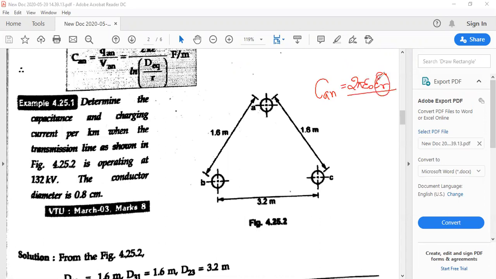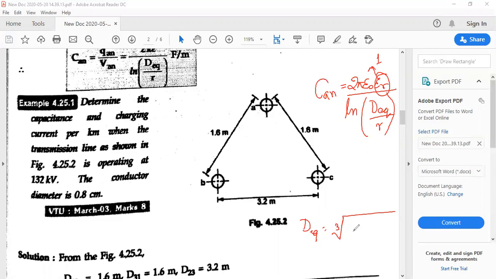The epsilon r value we can directly take as 1, since generally the overhead transmission line conductors have epsilon r, the relative permittivity, equal to 1, divided by ln of D equivalent divided by r. D equivalent is given by the cube root of the